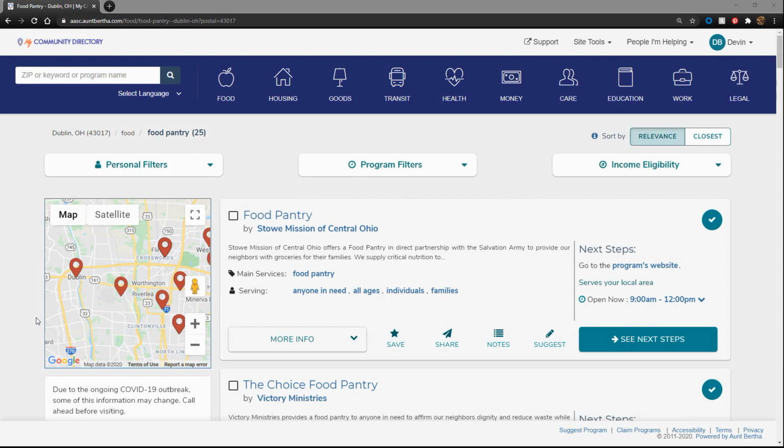When you want to print program information from My Community Directory, you can print one program at a time or multiple programs at a time. I'm going to show you how to complete this process and how to make it more inclusive and accessible for your residents as well. So printing a single program information, we're going to start here with the Stowe Mission Food